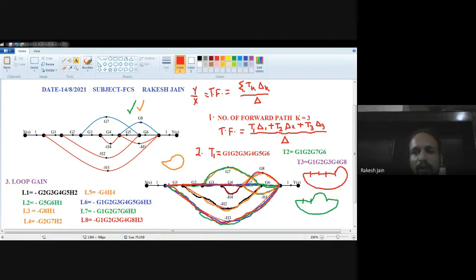Till now, if you don't have any confusion, then type yes in the message box. So I understand, and we proceed to the remaining, very important step: to find out del 1, del 2, del 3. Because finding the del is very easy. Type yes in the message box. Yes. Okay, very good. Now we will see. So first I remove this diagram.